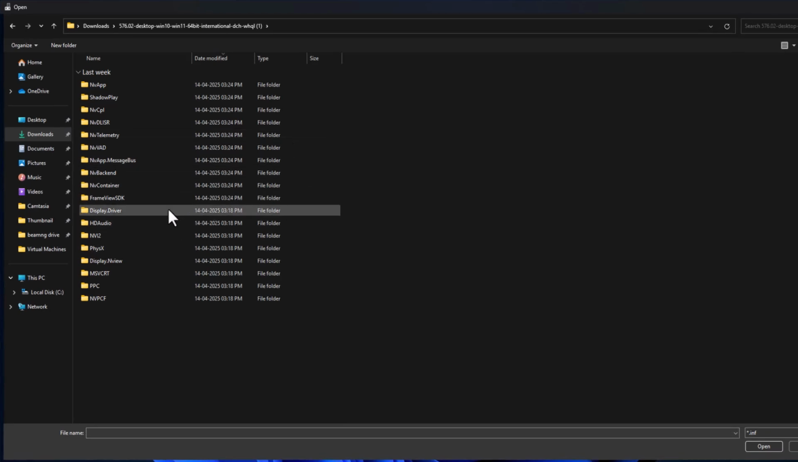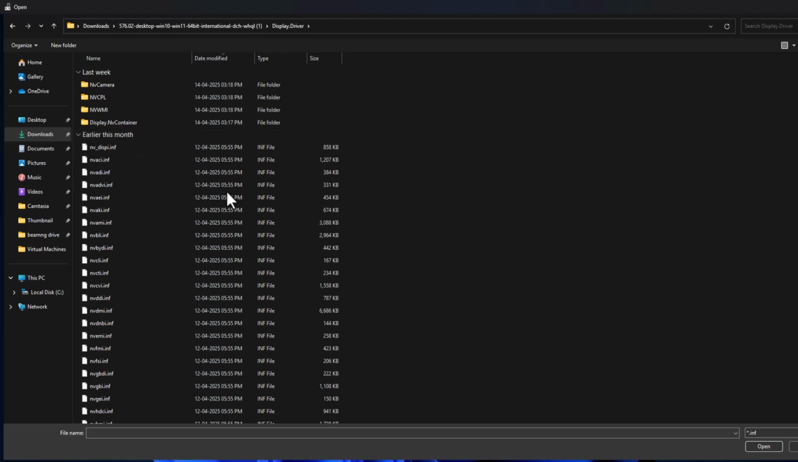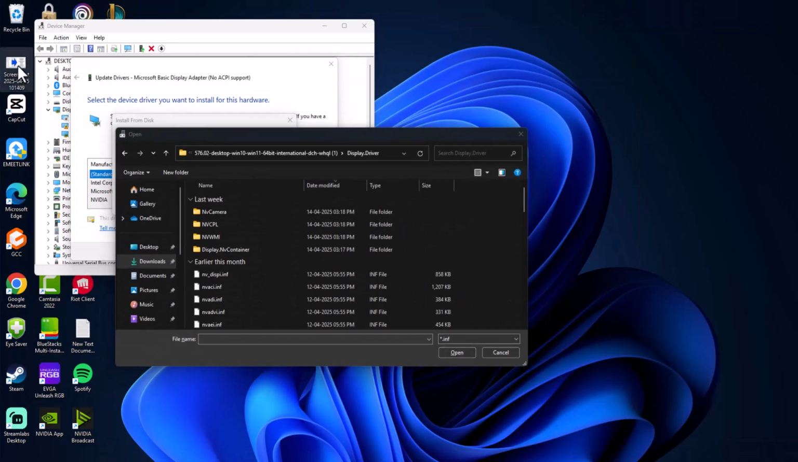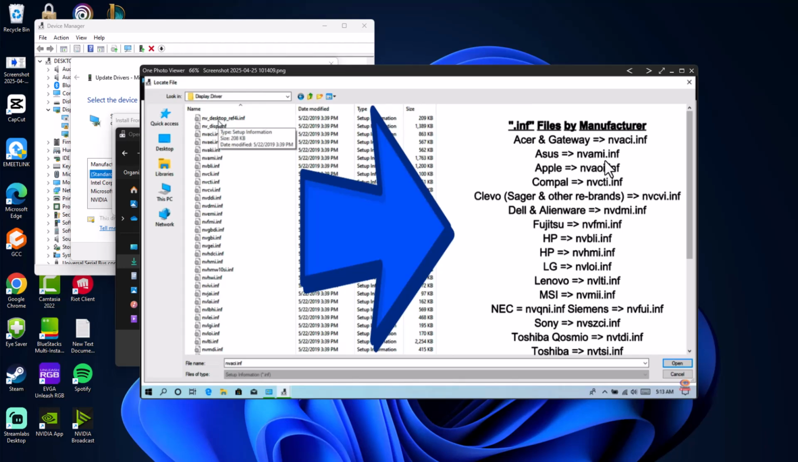Now you just need to double click on the display driver folder and here you just need to select the INF file according to your laptop or desktop manufacturer. I will give you a list how to find that. Just need to select the INF file depends on your manufacturer laptops or desktop. In my case, I use ASUS, so I am going to select this INF file